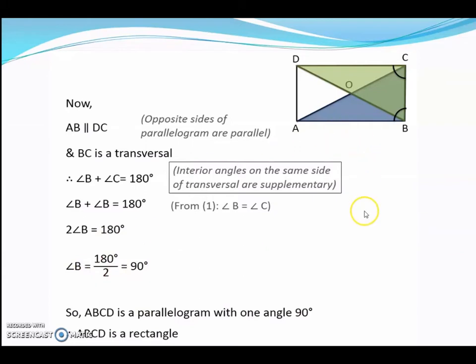Now if one of the angles you can prove as 90, then automatically you will get all other angles as 90 only. Angle B is 90, angle C and angle B, they are equal, already you know, so they are 90, 90 each. D is opposite to B, so that is also 90, opposite angles are equal, and A is opposite to C, so that is also 90. So if all angles are 90, and already given ABCD is a parallelogram, therefore it must be a rectangle.